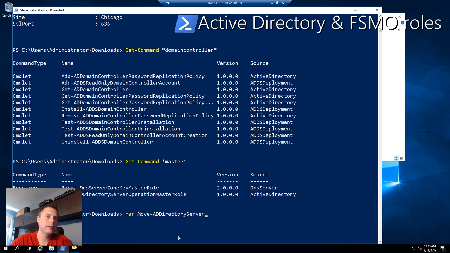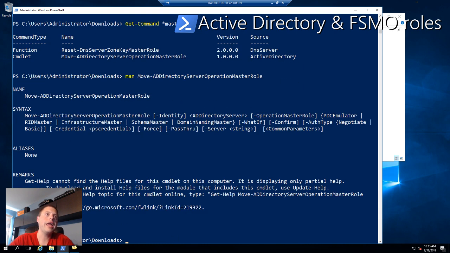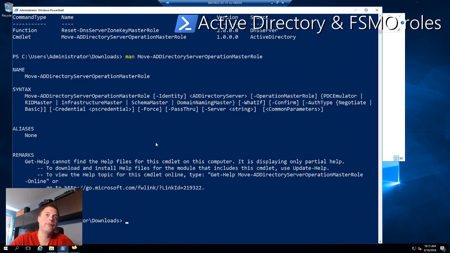ADDIR directory server operation master role here. And again, it's for something as serious as moving FSMO roles. It's a very simple job here. It's a very simple command here. So we're going to do the Move-ADDirectoryServerOperationMasterRole command here, and the identity we're moving it